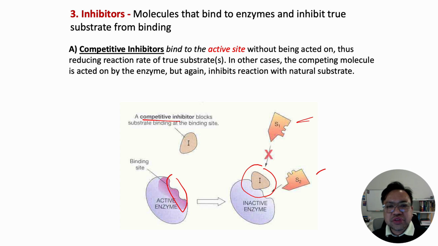Competitive inhibition reduces the reaction rate by preventing the natural substrate from interacting with the enzyme. And second, this inhibition can often be overcome by increasing the concentration of the natural substrate, allowing it to outcompete